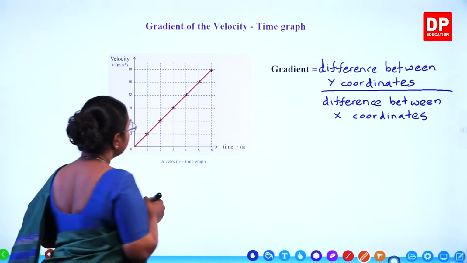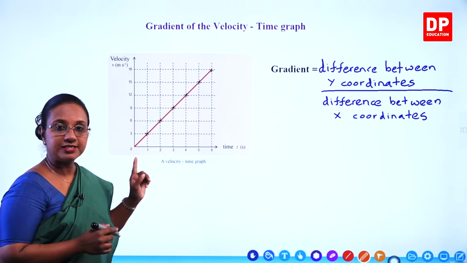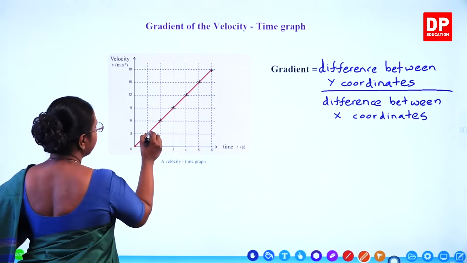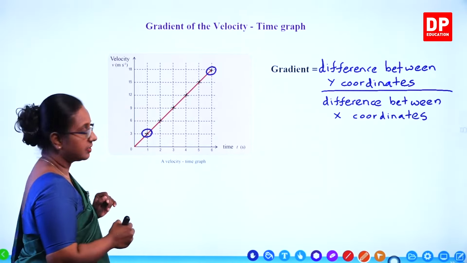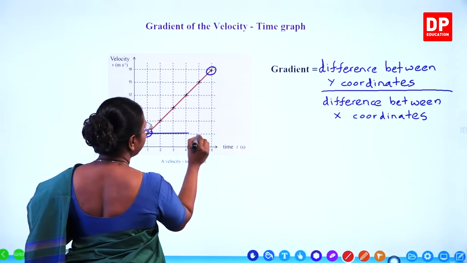As we did before, we will select two coordinates which are far apart on the graph. So we will select this coordinate and this coordinate. If we connect the two coordinates, you will get a